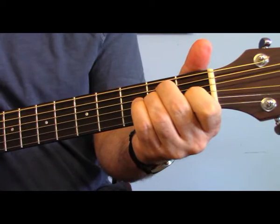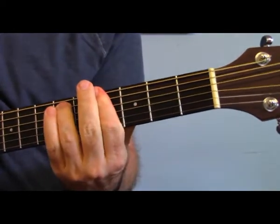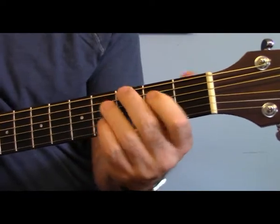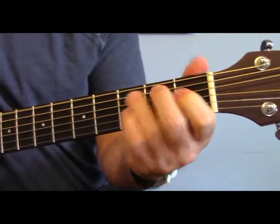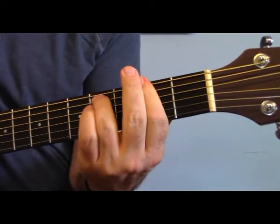So the ending is, there is room at the cross for A, G sharp minor 7, F sharp minor 7 to an E. So again, it's B to A, and then G sharp minor 7, F sharp minor 7,